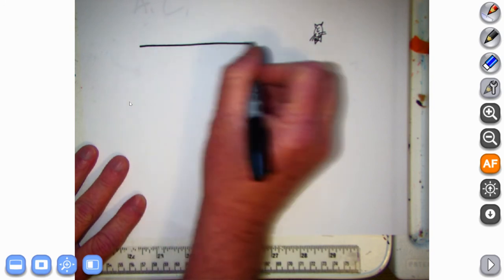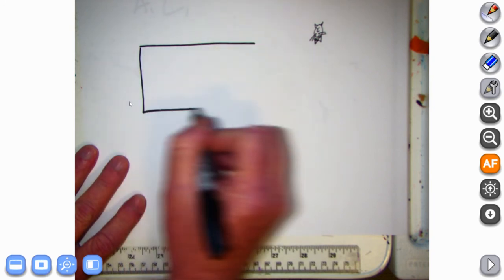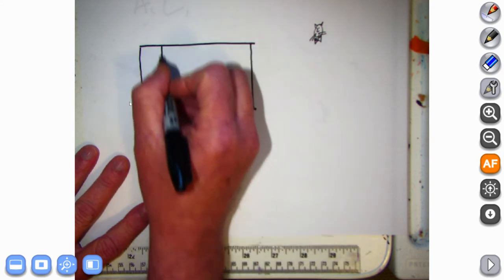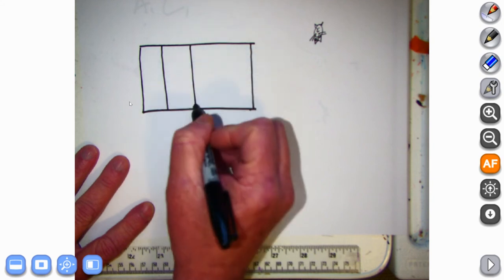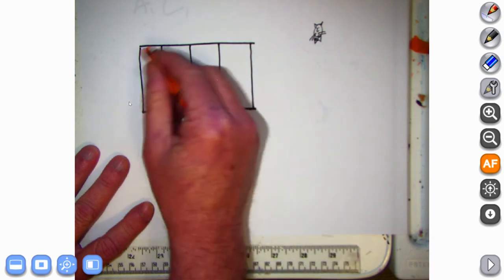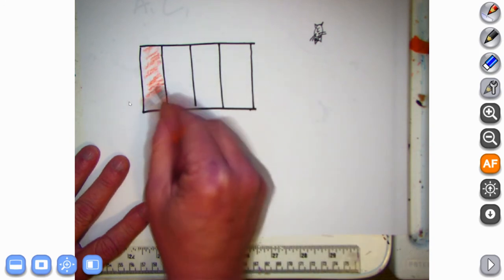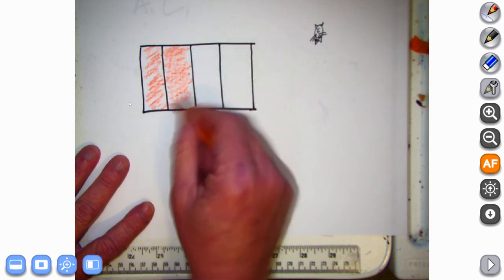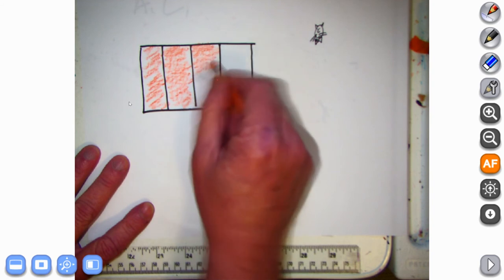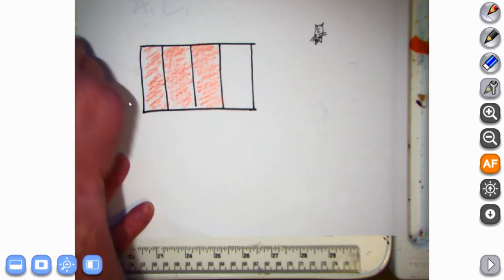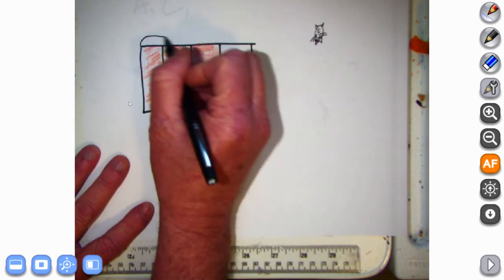So let's go ahead and make a diagram. And we're going to break this into 4 parts: 1, 2, 3, and 4. Okay? I'm going to shade 1/4, 2/4, and 3/4. Okay? Now, this whole diagram represents one whole, right? So we know by now that this